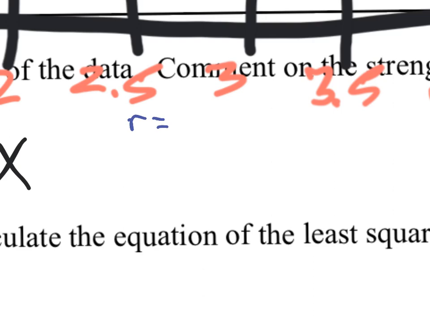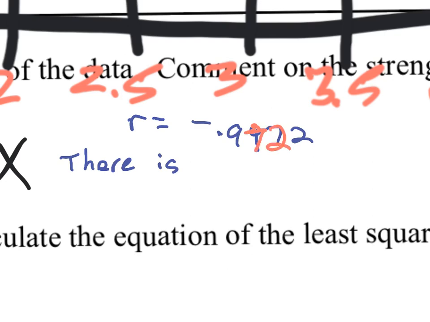I know it was like negative 0.99... 72. So here's what I would say about it. It's 0.9728. I never round. I mean, sometimes I round to a percent if it's important, but either way,